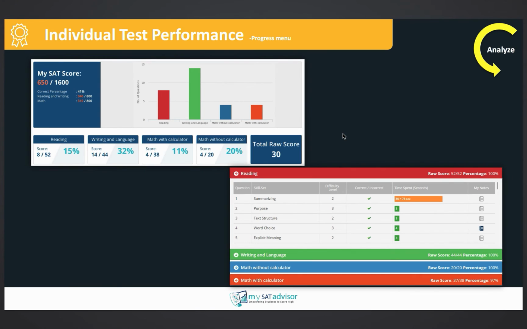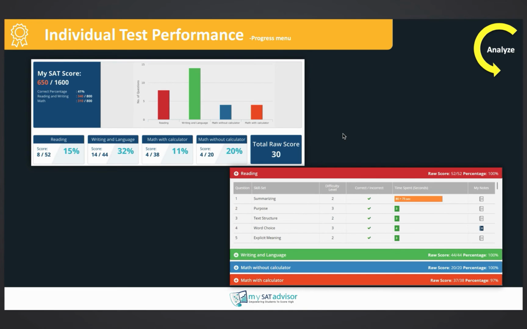This individual performance page that we're now moving to is kind of the home base for our analysis section. The first thing you see right off the bat is a very easy visual of how the student did. Not really super comprehensive, but if you're just looking for a first look, how did I do, this visual is very useful and very simple. What we see in the bottom picture are the questions for each section. We have the skill sets. As you can see in just the first 5 questions, the skill sets are very specific. We have the difficulty level, correct or incorrect, and here I'd like to draw your attention to time spent per seconds. For the first question, we see an orange bar.